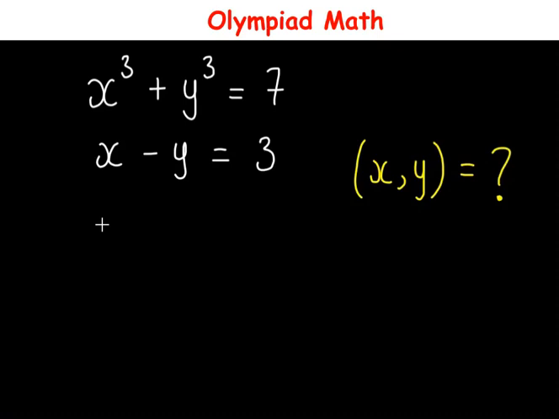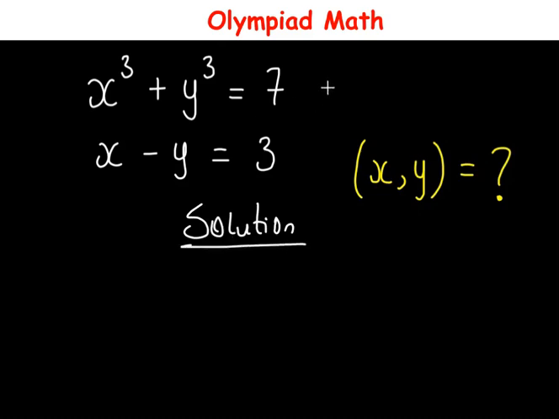Hello everyone, in this video let us solve this question. We have x raised to power 3 plus y raised to power 3 is equal to 7 and x minus y is equal to 3. From these two equations, we are to solve for the values of x and y. To solve this,